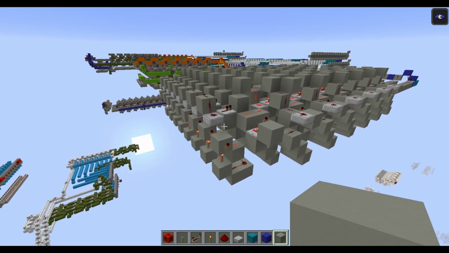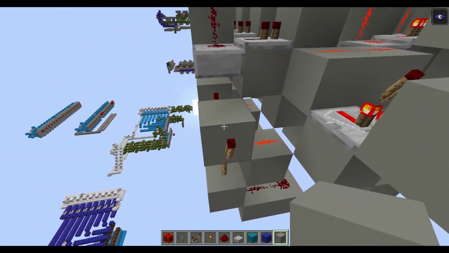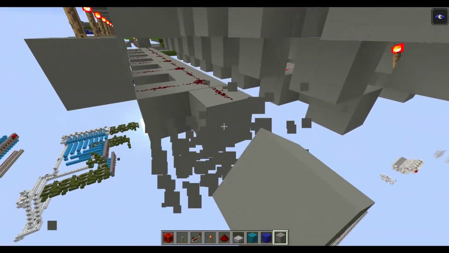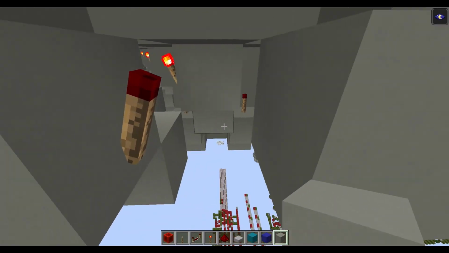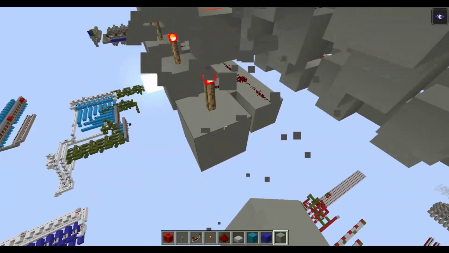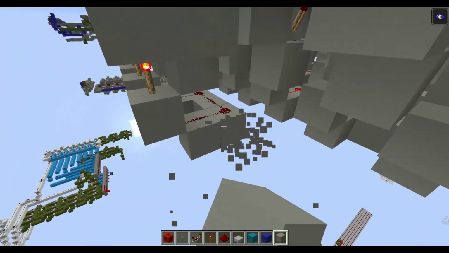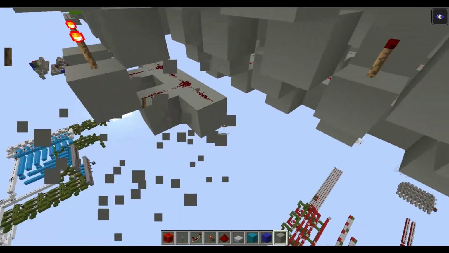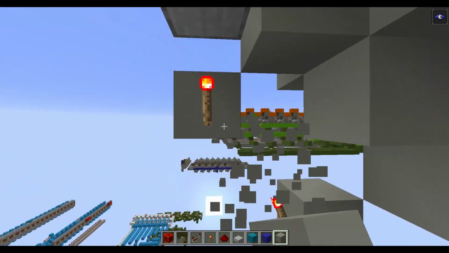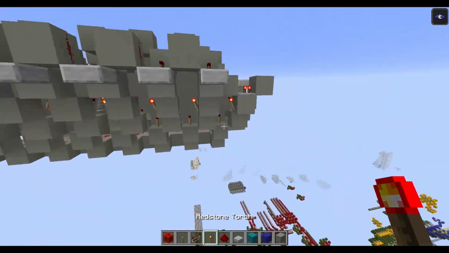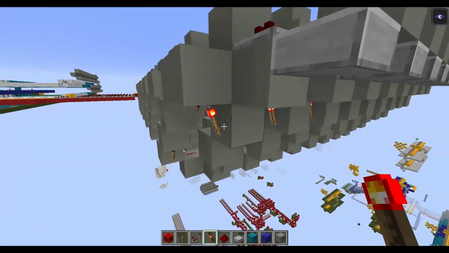Now we build the output. So you can break all of these things here. We don't need it. This one also, yeah. So here we can break all of these blocks. So we are reading the last cell.